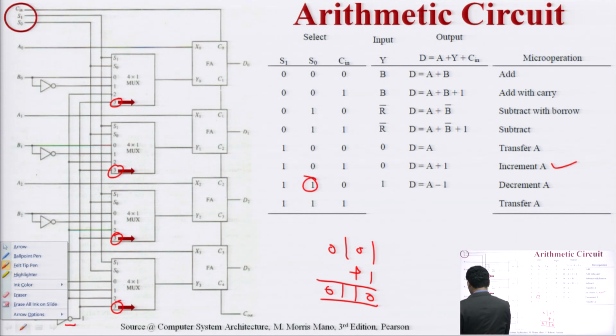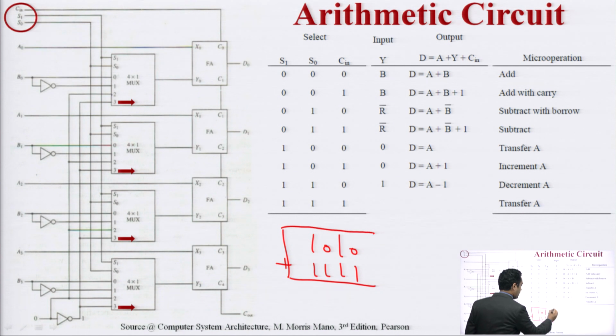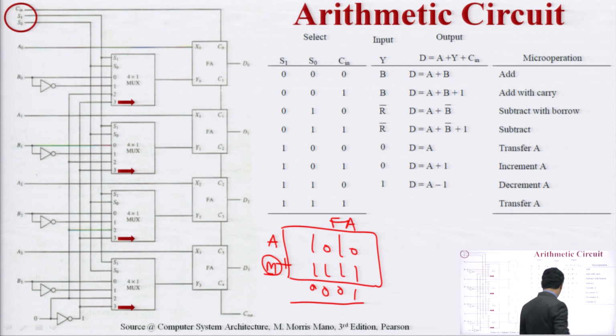In this case, if my number is this, we are taking input 1, 1, 1, 1 and passing to a full adder. So this is my full adder circuit and this is my number A and this is the output of mux. So this output is coming from this 3 and the addition is done. So here we are getting a decrement of this number. So this is basically the next one.